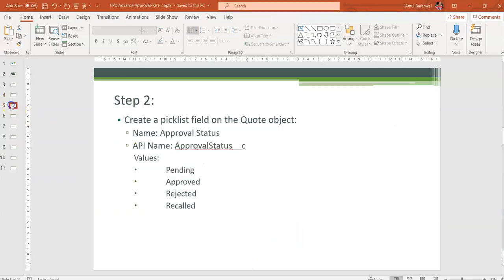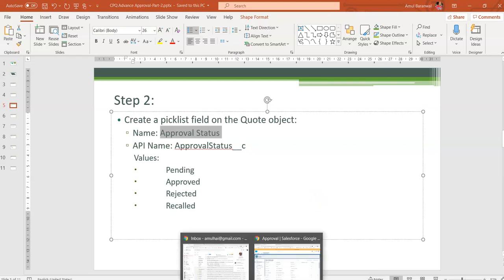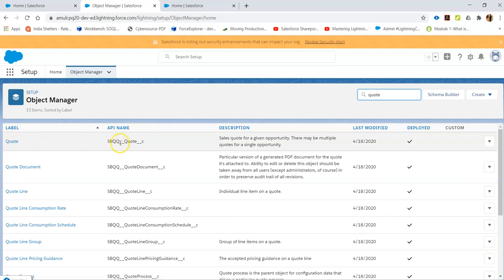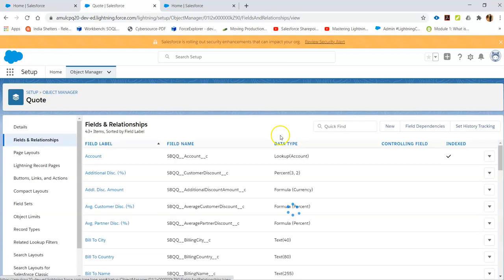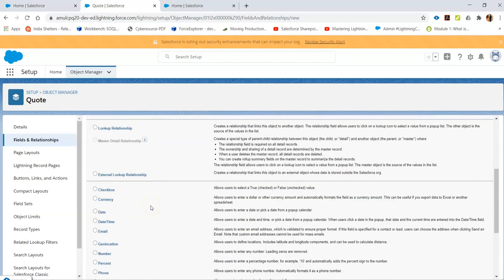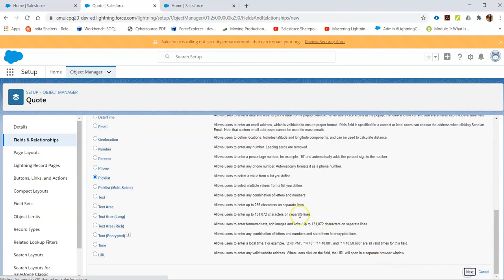Let me navigate to my next slide deck, step 2. I have to create this picklist field on my quote object. Go to the object manager, search for the quote, and please make sure the quote is your Steelbrick quote object. Click on Fields and Relationships, click on New. Choose the field data type picklist and click on Next.